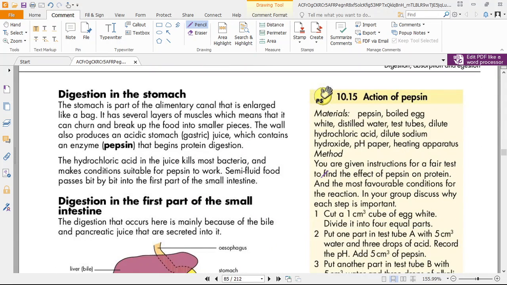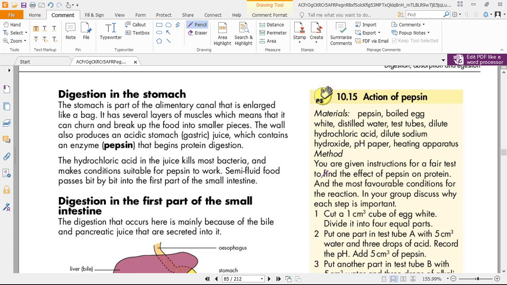Now, digestion in the stomach. In the stomach now we see a lot of chemicals working, a lot of enzymes working on the food. Alright? Now what we look at, we are going to see digestion in the first part of the, let me go through stomach. The stomach is a part of the alimentary canal that is enlarged like a bag, right? And it has several layers of muscles. So the muscles here are very thick, people, which means that they can churn when they are full of food, and this churn and break up of food into smaller particles is a mechanical action